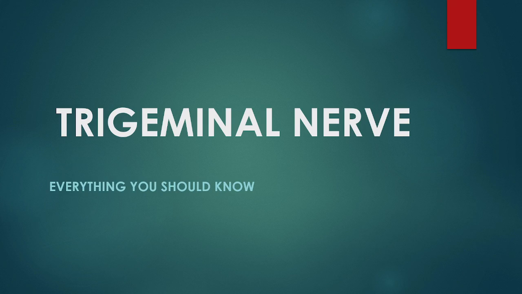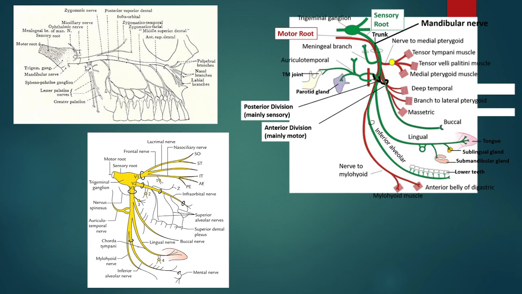Hey everyone, today we'll discuss the whole root of the fifth cranial nerve, that is the trigeminal nerve. So first of all, these are the whole root, the branches of the trigeminal nerve. I know it's a bit difficult to remember all these things, so I'll make it a bit easier for you by showing some characters so you can relate with those characters and remember the whole root and the branches of the fifth cranial nerve.